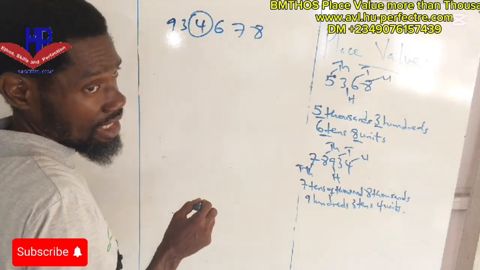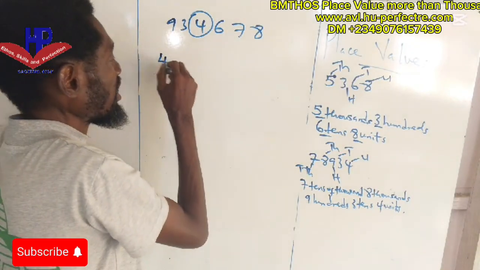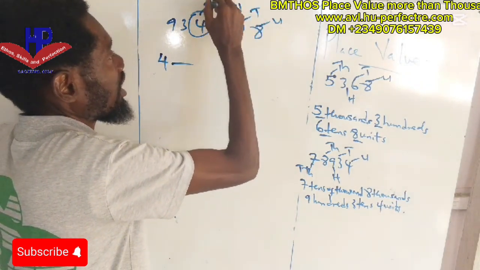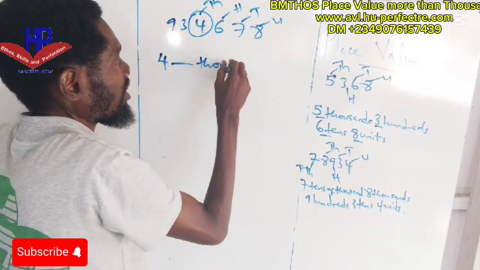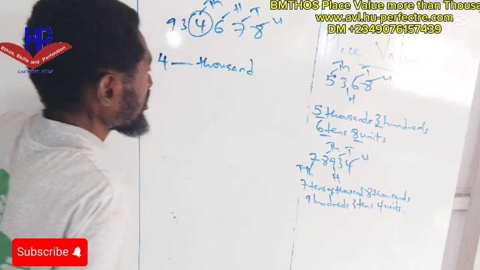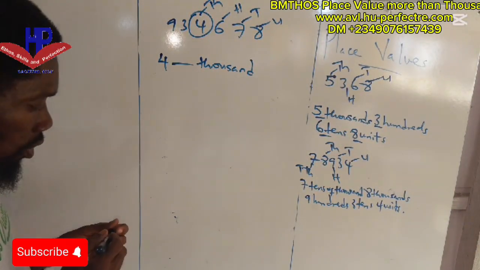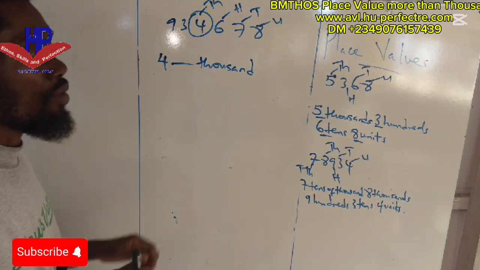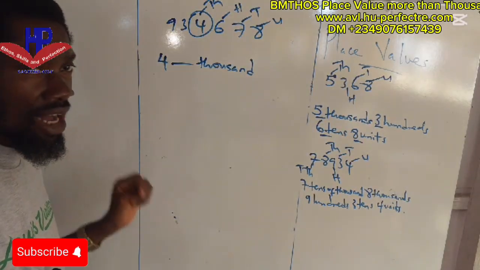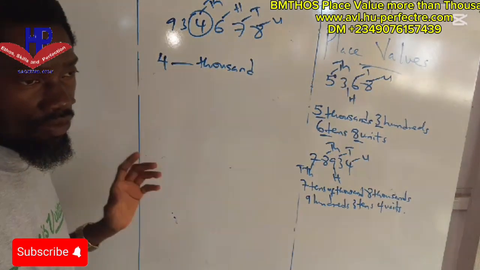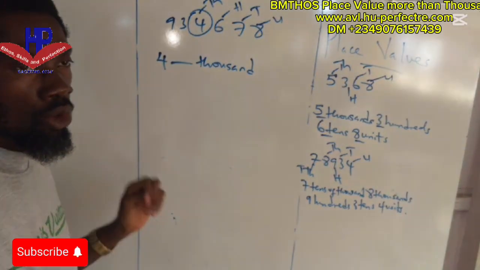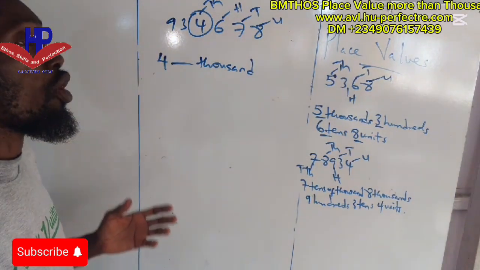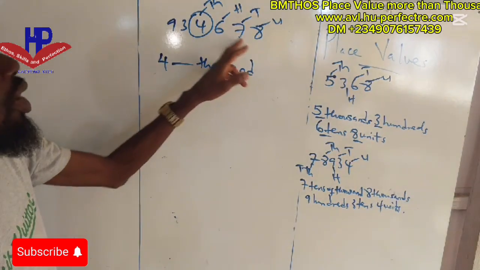It is the specified circled number. So we want to see the answer for 4 alone. Here is unit, tens, 100, and 1000. So the place value of 4 is 1000. The place value of the circled number, which is 4, is 1000. That is why it is specified. So you only deal with the specified number, or the circled number, or the underlined number. But if you are asked to write the place value of all the digits in the number, you write all